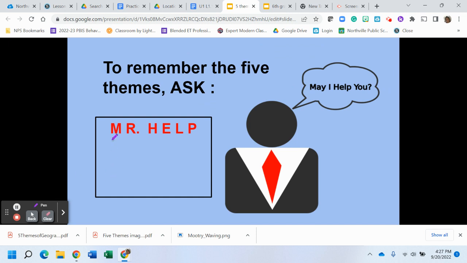Okay, and finally, just to remember the 5 themes, think of Mr. Help. M for movement, you can write movement. R for region, you can write region going down. HE is like 1, human environment interaction, and you can write human environment interaction. And then location and place. And those are the 5 themes. Now you are able